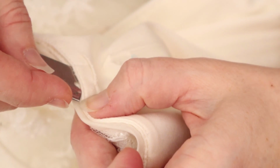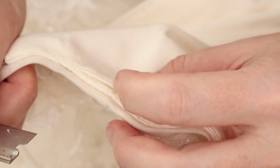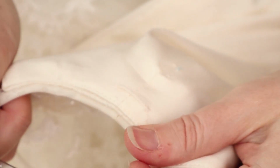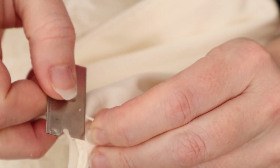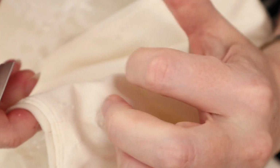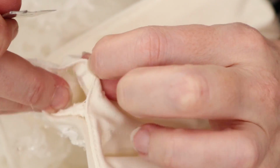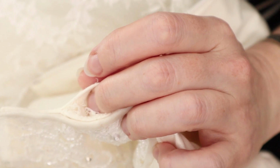You can just get some cheap old 80s prom dresses from a Goodwill or something like that, and cut open some seams and just practice with it. And when you get good at it, go ahead and start using it on some of your less risky jobs. And then over time, of course, like everything else, your fine motor skills are going to swoop right in and learn